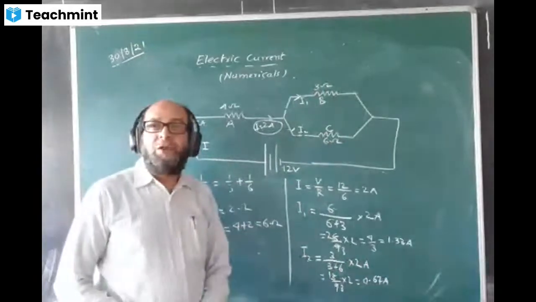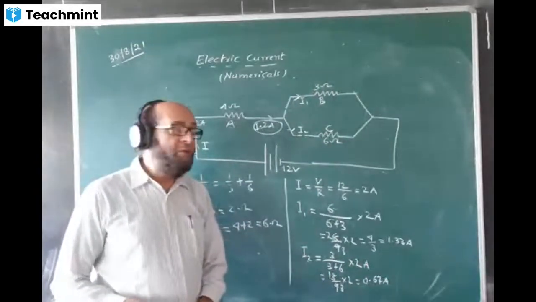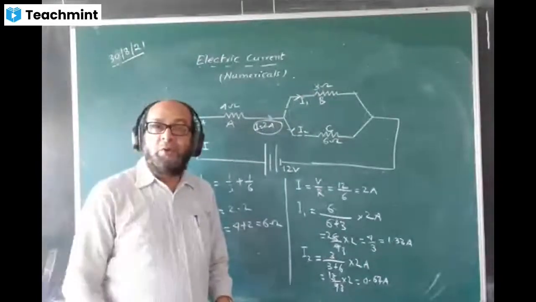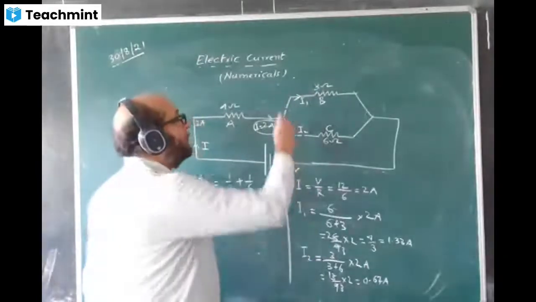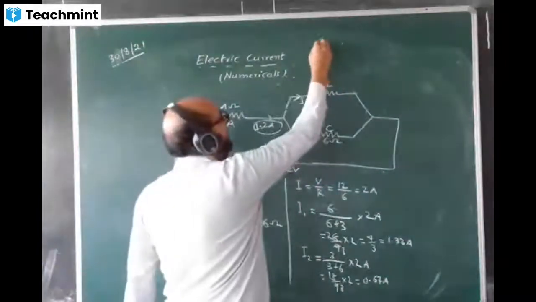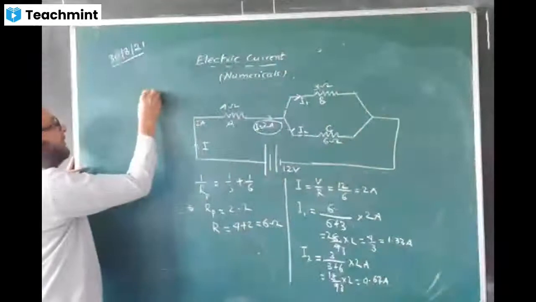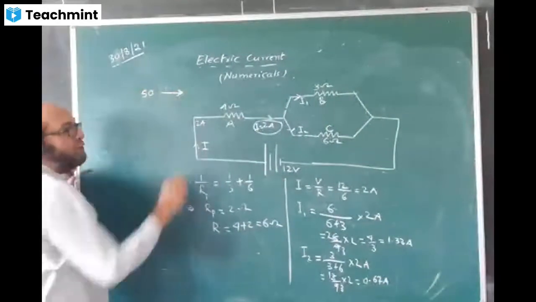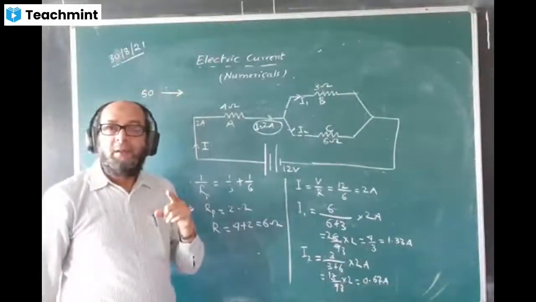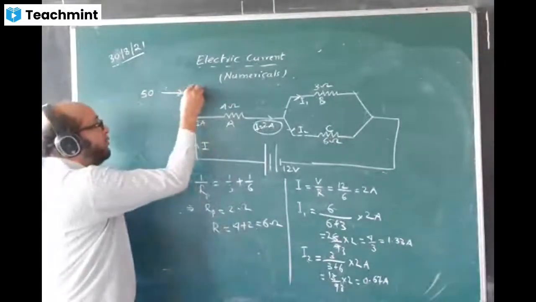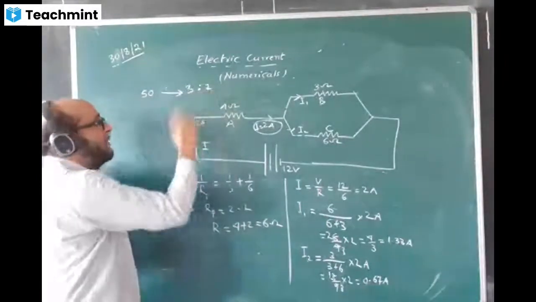Now, one simple question of mathematics I will ask you. I think you did it in the lower classes also, Class 6, 7 and all. Suppose there are 50 students in total and you are dividing in the ratio of boys to girls. The boys and girls ratio is given as 3:2.